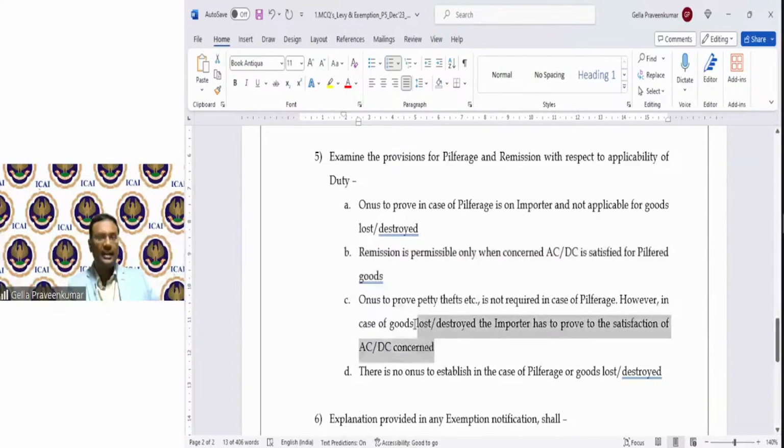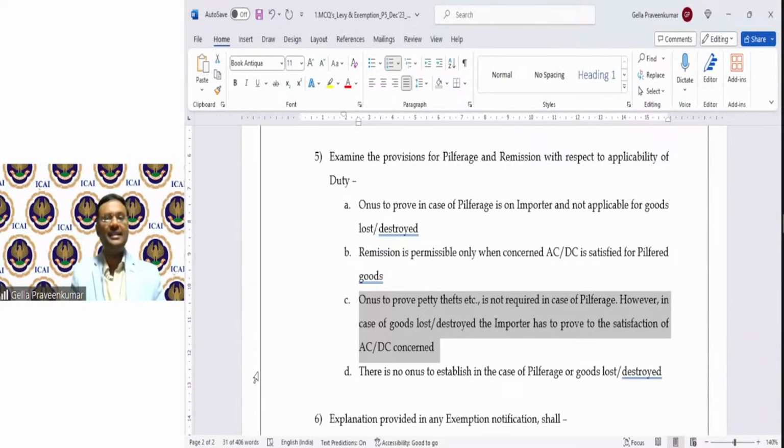Clause C. Though little lengthy, this gives a meaningful answer for us to understand. Onus to prove petty theft, etc. is not required. When I say petty theft, like a medicine strip, say paracetamol, when you have 10 tablets in a strip, assuming an employee takes one particular medicine. When you inspect this strip, you will see that one slot is empty. That's called petty theft, where there is apparent visibility and it is not required to be proven. However, in case of goods lost or destroyed, importer has to give proof to the satisfaction of AC or